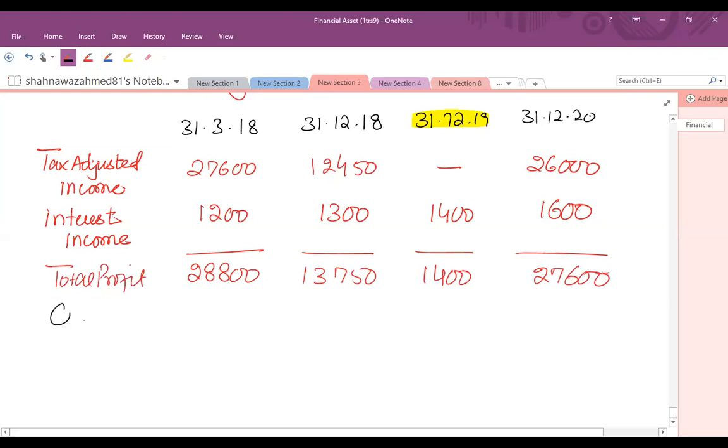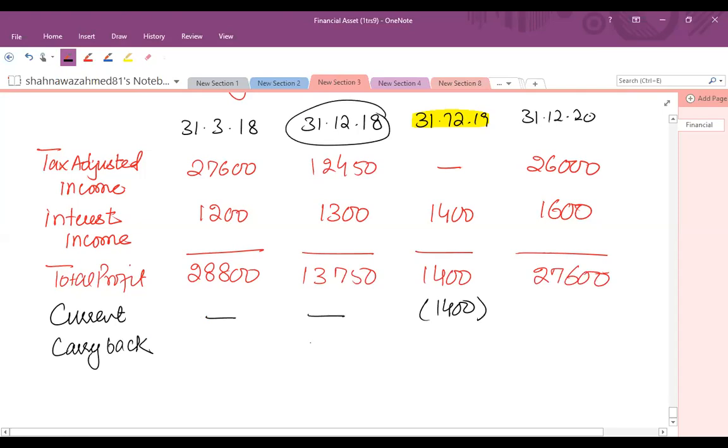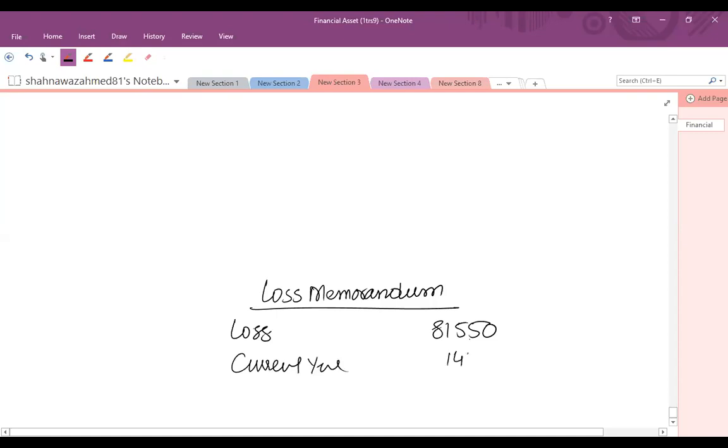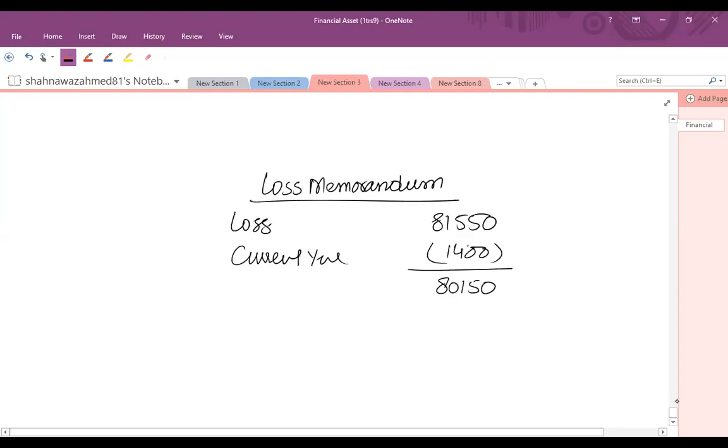Now the current year loss. So in the current year we have 1,400, which we have claimed against the current year, and then we have carryback. So we have carryback in the previous 9 months. We have 13,750. Let's see the loss memorandum. As per the loss memorandum, the current year loss is 81,550, and then the current year relief available is 1,400. So after this, the loss left is 80,150. For the previous 9 months carryback, we have utilized 13,750. So the remaining loss is